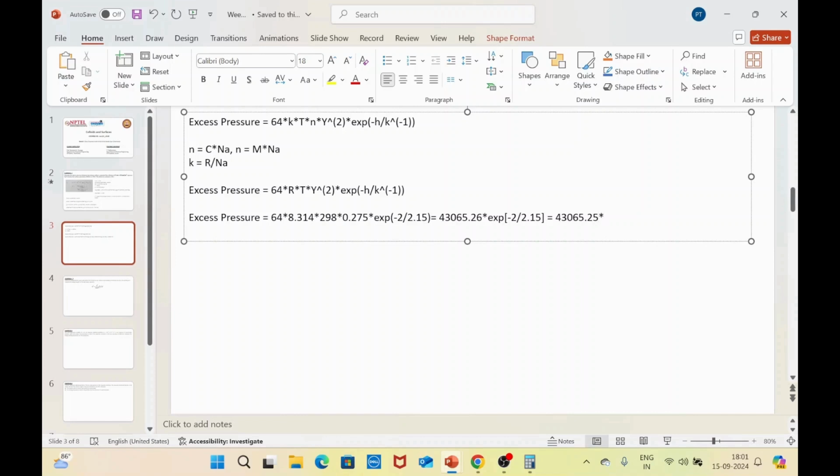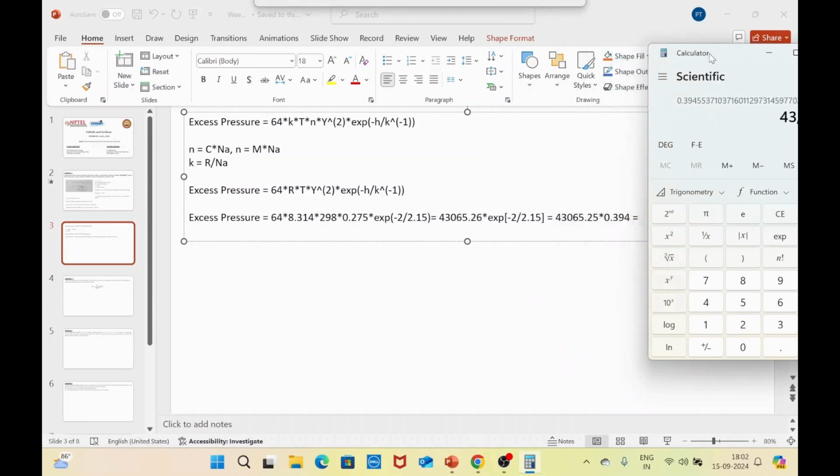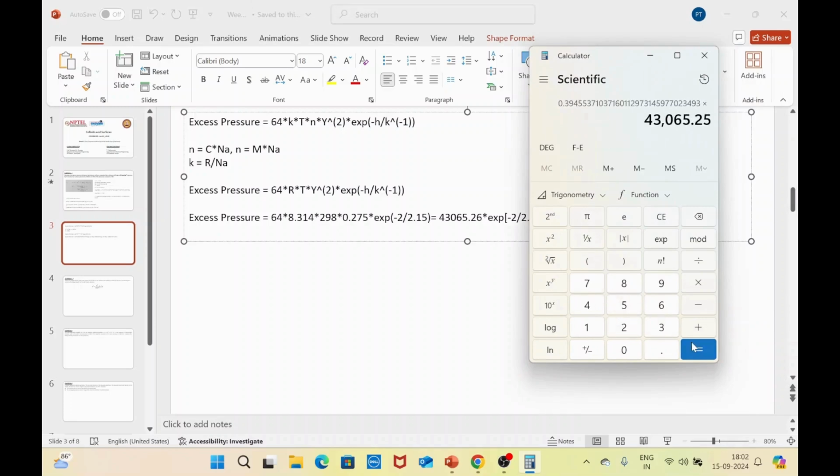So that is the debye length, or you can call it the thickness of the double layer, or you can also say it as the screening length. So it has multiple names. 0.394. So if you multiply this, then it comes around